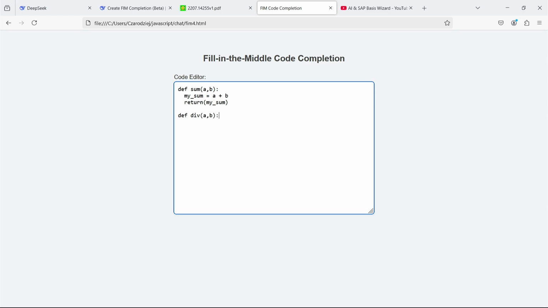We'll see if the suggestion also includes returning the value, and if the naming scheme will be the same as with addition. Yes, everything is correct. Let's now suggest that the function should be somehow secured. Of course, I mean protection against division by 0. Yes, that's what I meant.